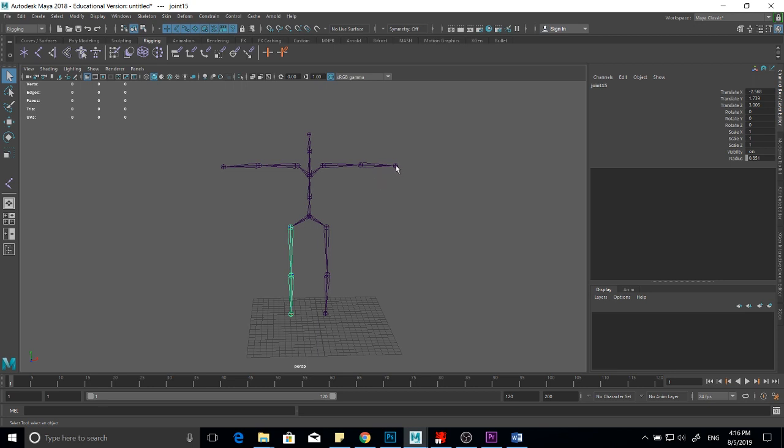I'm not going to create fingers or hands or feet. I'm just going to go with a simple setup here. So now what we do is we create IKs for each of these joints so that we'll be able to